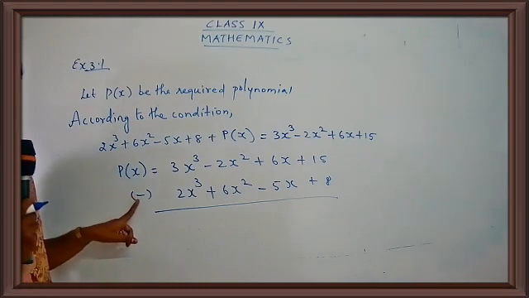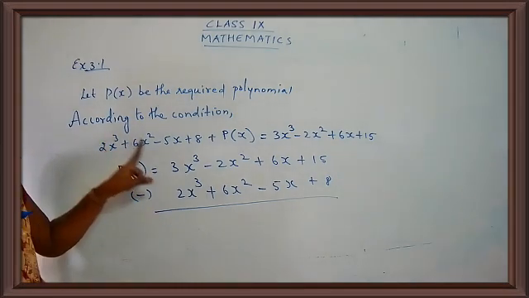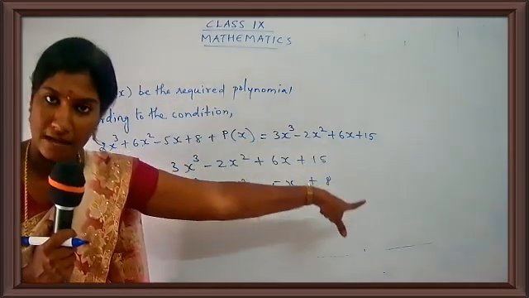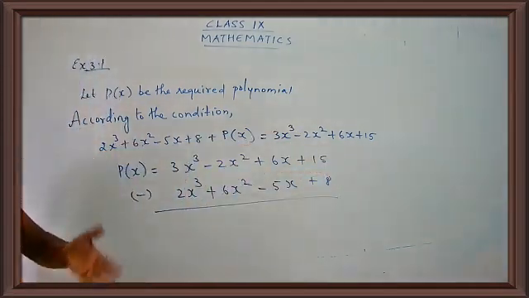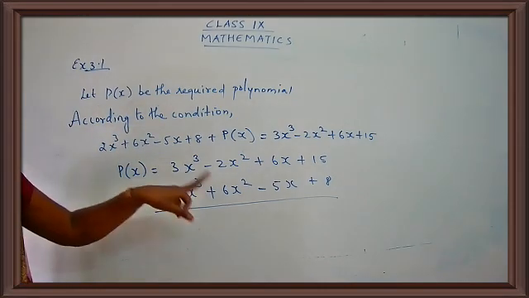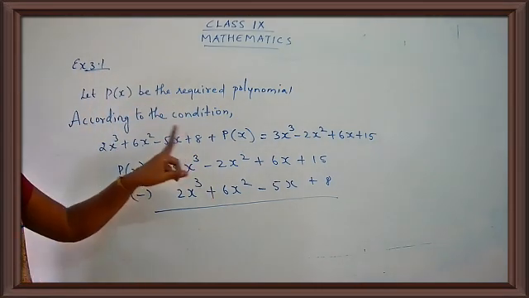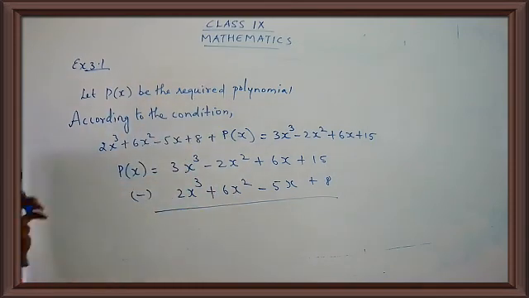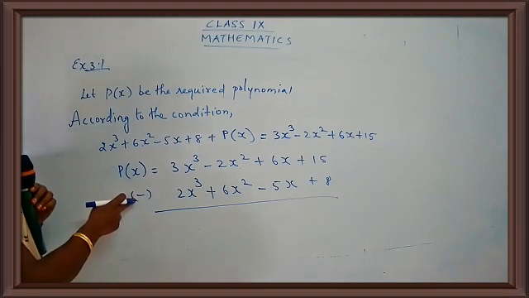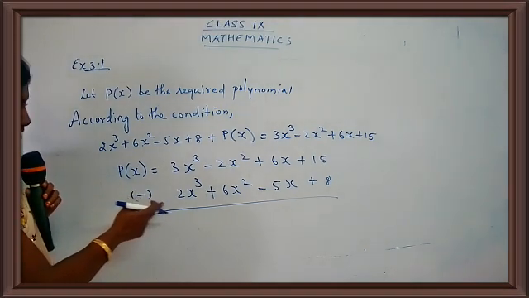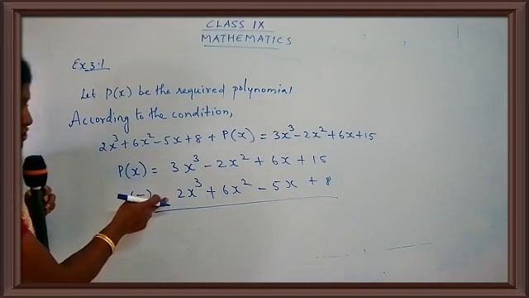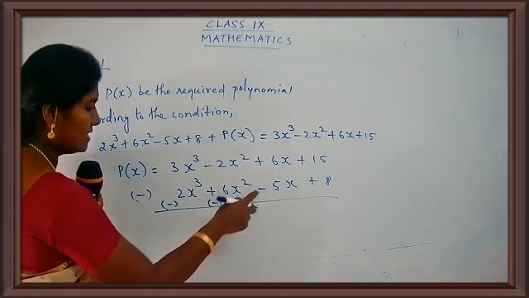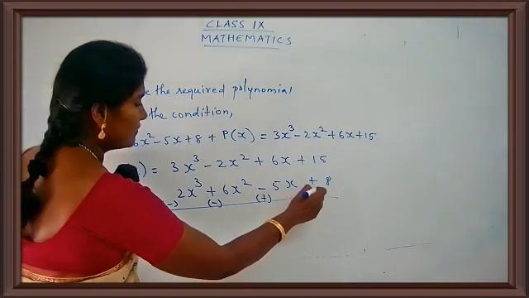You are going to do the subtraction. What is the meaning of subtraction? All the signs are going to change. When I shift these numbers to the RHS side, what will happen? The sign will change. That is, plus 2 will change to minus 2, plus 6 will change to minus 6, minus 5 will change to plus 5, and plus 8 will change to minus 8. So I have just taken a common sign as minus. And when you use a minus sign, you know how to change the sign. Yes, we have to change the sign of the second part. So this will turn to minus, this will turn to minus, this will turn to plus, and this will turn to minus.